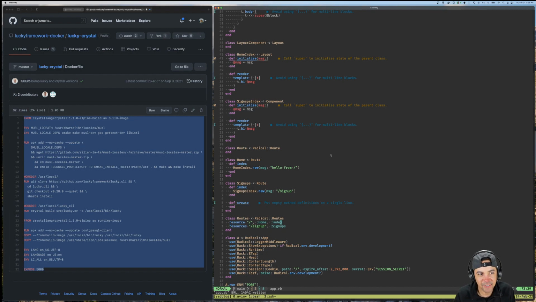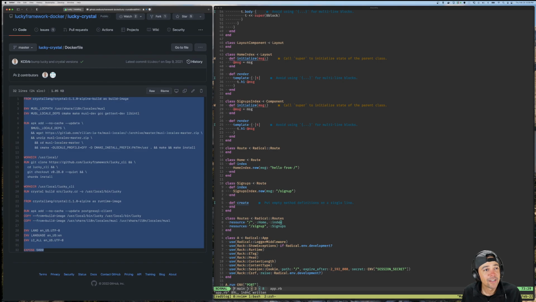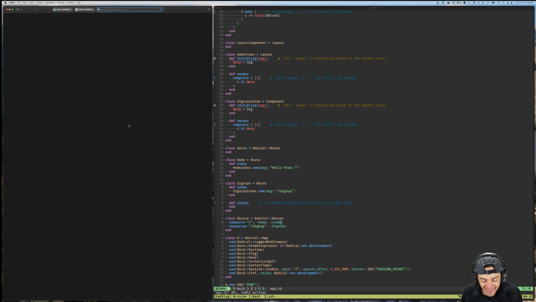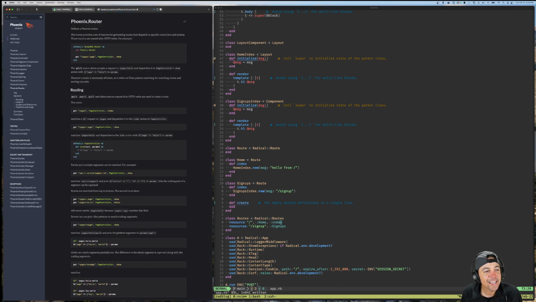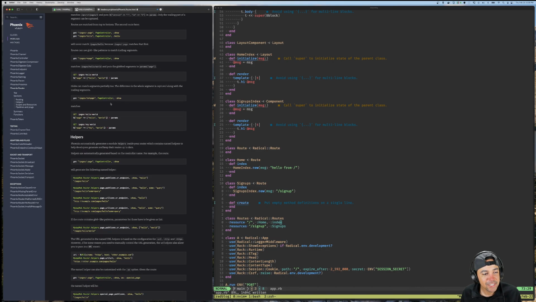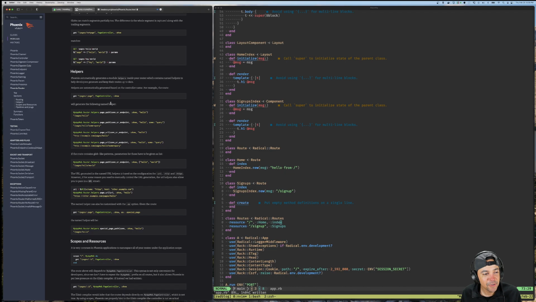So I'm gonna do Phoenix routing. I'd never seen the Phoenix router before, I'll get to Lucky in a second. But I looked at it and I was like, oh, you know what? It's actually more consistent than the Rails router, because you say the URL and then you give it the controller and the method. You actually have resource routing, but the resources are the same.